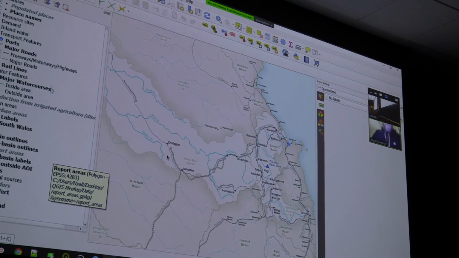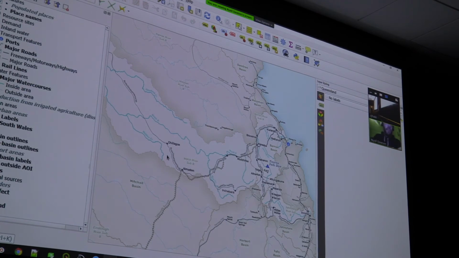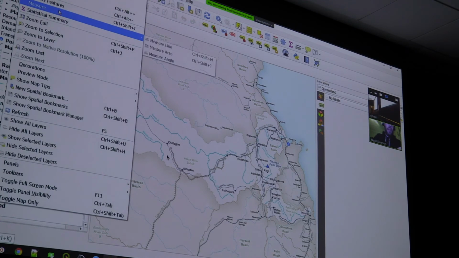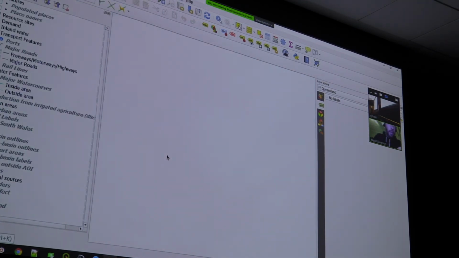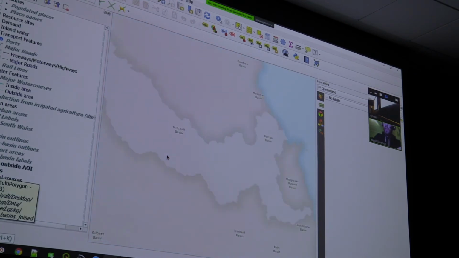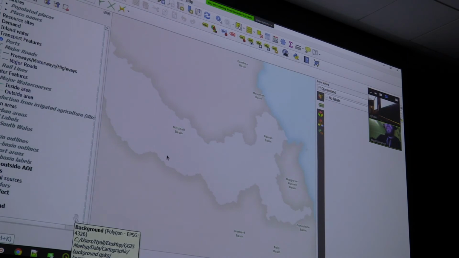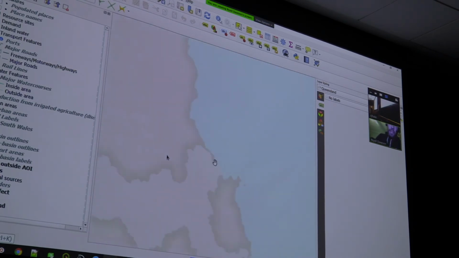I'm going to take this one from the bottom up, and I'm just going to show you some of the things that I've used to craft this map. So let's turn off a whole bunch of layers. I'm going to hide all layers and just turn on a few of these to start with. All right, so the first thing I want to show you in this map is